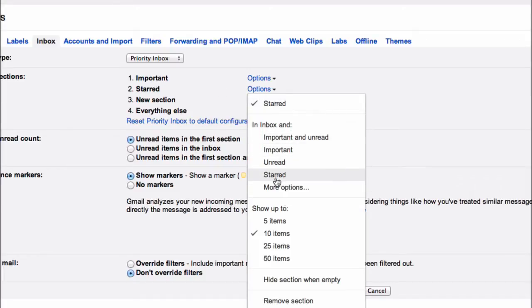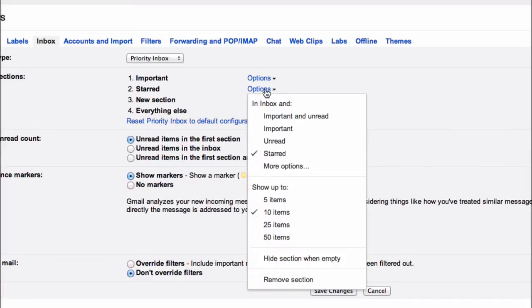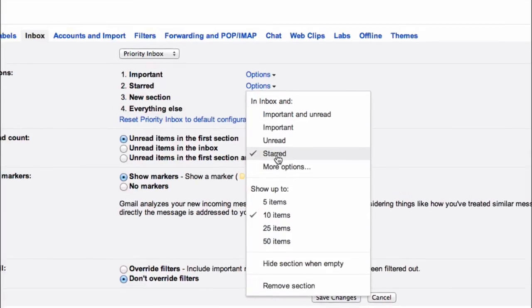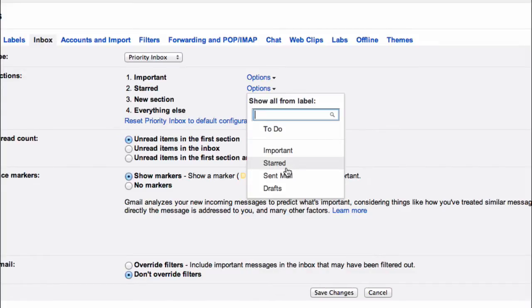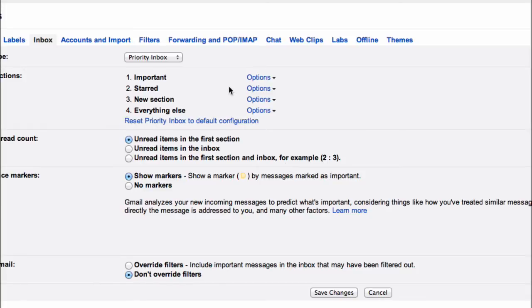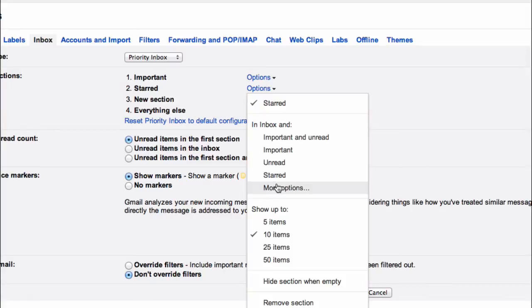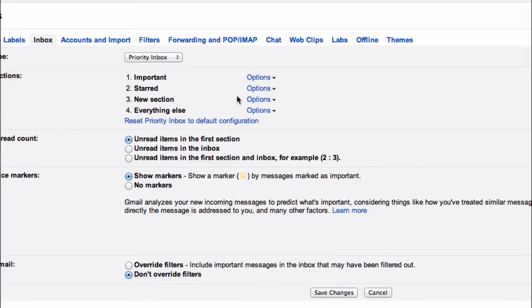By default, generally, this section is selected, the inbox and starred. We need to make sure we click here on more options and click on starred here. And this is more of what's called the starred email section versus the ones that are just in the inbox and starred. The reason for that is because when you archive the message, if you've added a star to it,